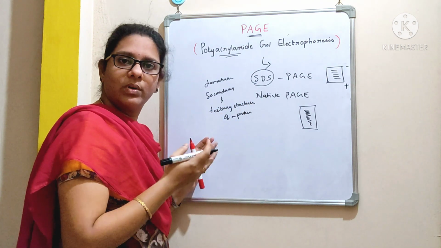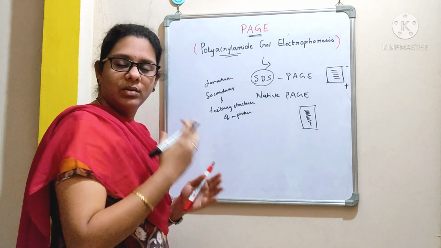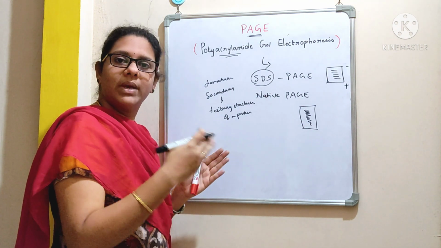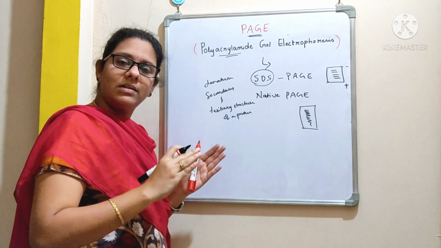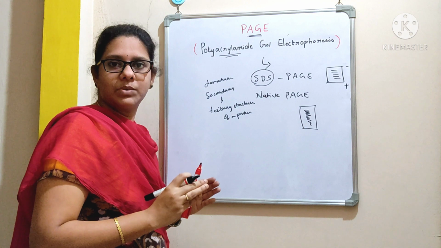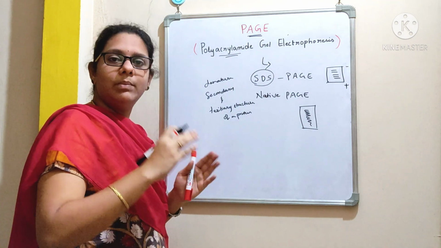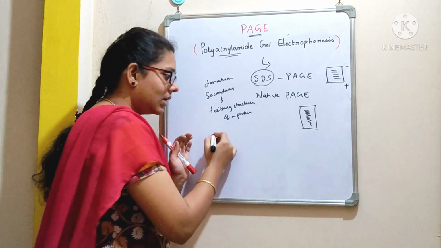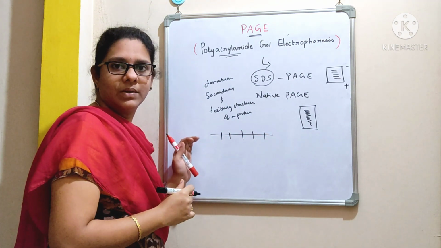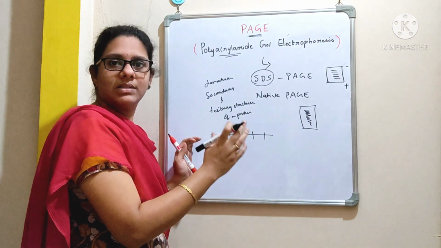What is a protein? Protein is a building block, right? It contains several residues of amino acids. You know very well how the proteins are synthesized. The DNA undergoes replication forming another copy of DNA, and the synthesis of mRNA takes place from this DNA by the process of transcription. And in the process of translation, what happens? The mRNA will be converted into a protein. So a polypeptide chain has a large number of amino acid residues. See, the protein is a polypeptide chain with many amino acid residues.